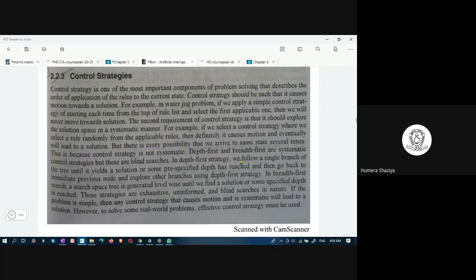What is the chapter name? It is problem solving. Acha, problem solving chapter name. We are trying to solve the problems. Yes, ma'am. Different types of problems. How humans can do and how machine can do. How would humans do, like how do we create a tree and apply operators to obtain the goal?